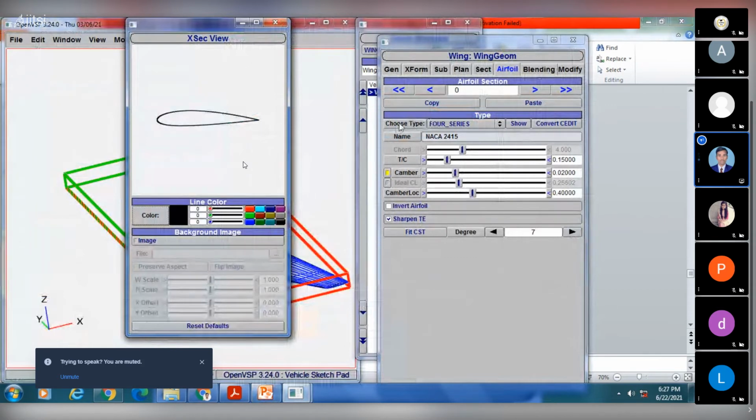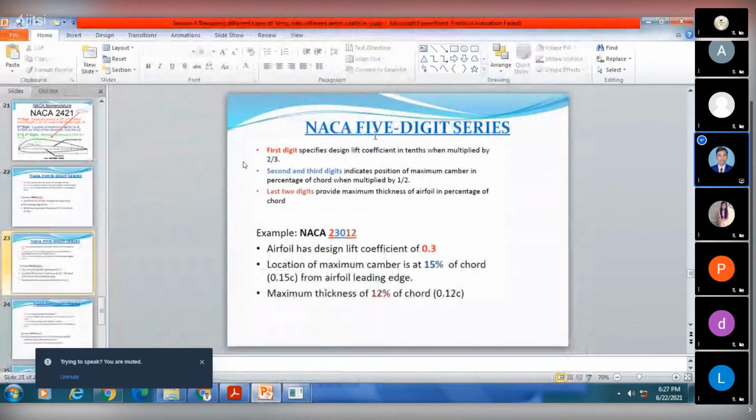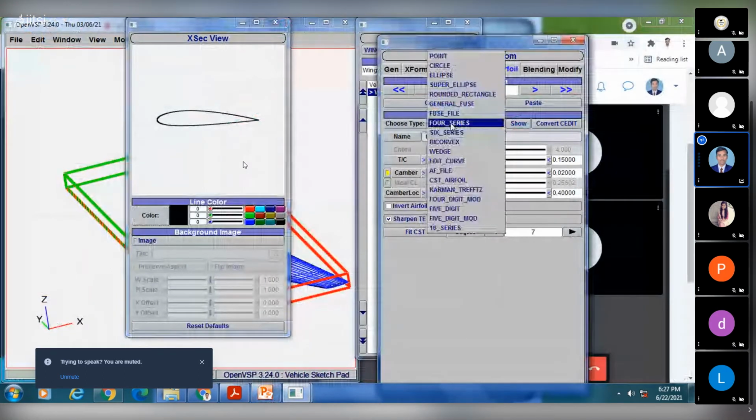Now currently we are on the 4 series aerofoil, so we have to change this series. We don't need the 4 series now, instead we need the NACA 5-digit series aerofoil, or 5 series aerofoil.